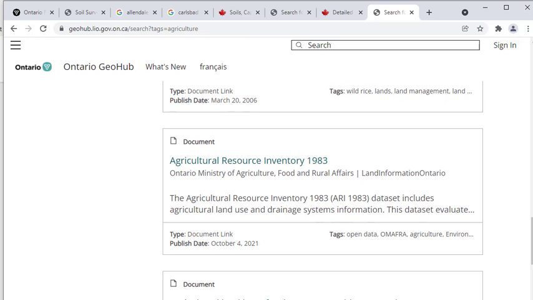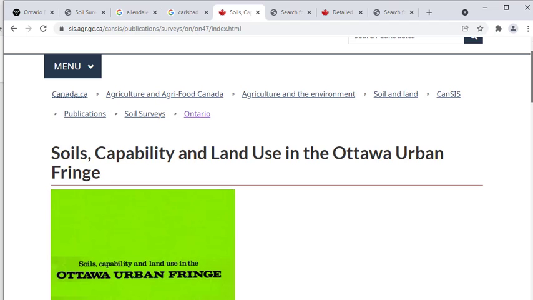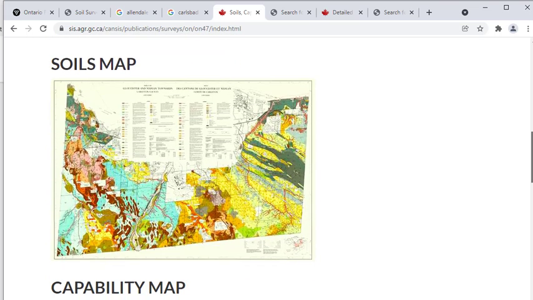And then while searching further, I found out counties have really detailed soil maps. So I looked for the Ottawa County soil map and I landed on this page. That was the most relevant one. It's in the soil surveys. It's still a government website, but it's a little harder to reach. You can reach it through Google search only. Even though this is a 1979 report, it's still relevant because soil types don't change that much over time.